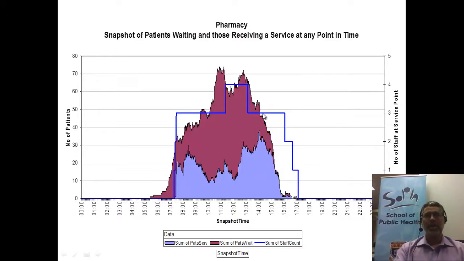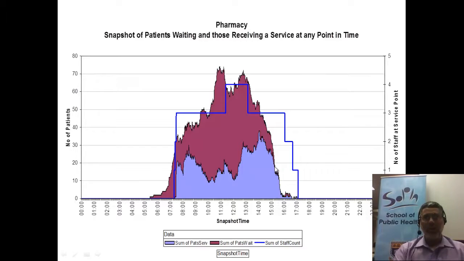And yet they still don't manage to clear this mountain of patients until 4 o'clock in the afternoon. And note, when they start in the morning, they start with 35 patients already. And they continue, and they never decrease this 35. This then rises throughout the day as more patients come, and they're just too few staff to cope with the load, and only